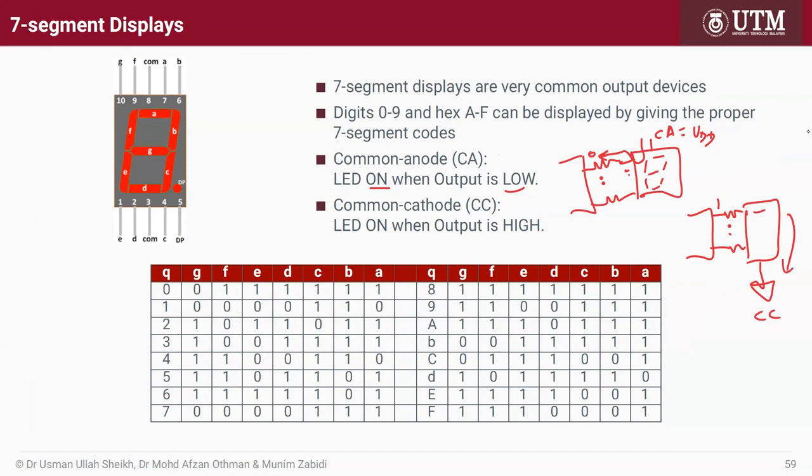This table that I have is for common cathode. If I want to show 0, I need to turn on segments A, B, C, D, E, F. A, B, C, D, E, F is 1, and I will show 0 there,